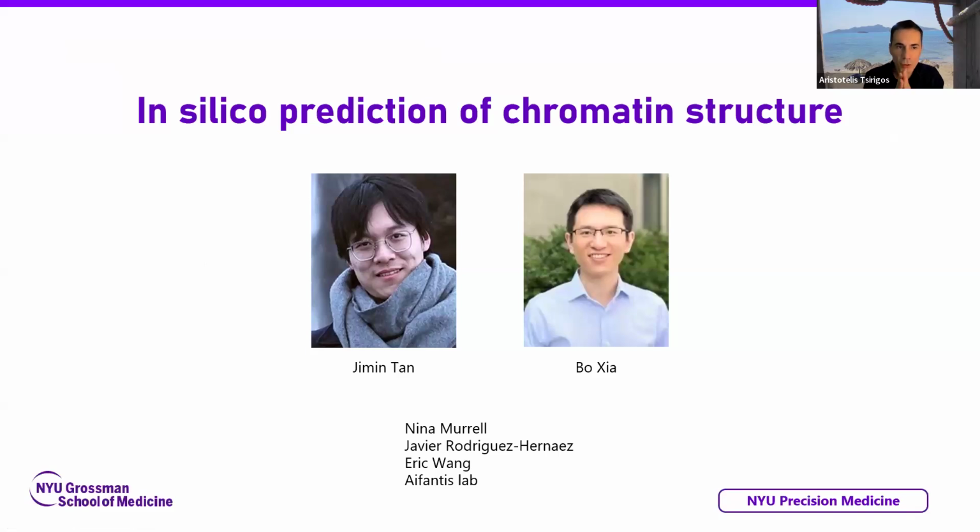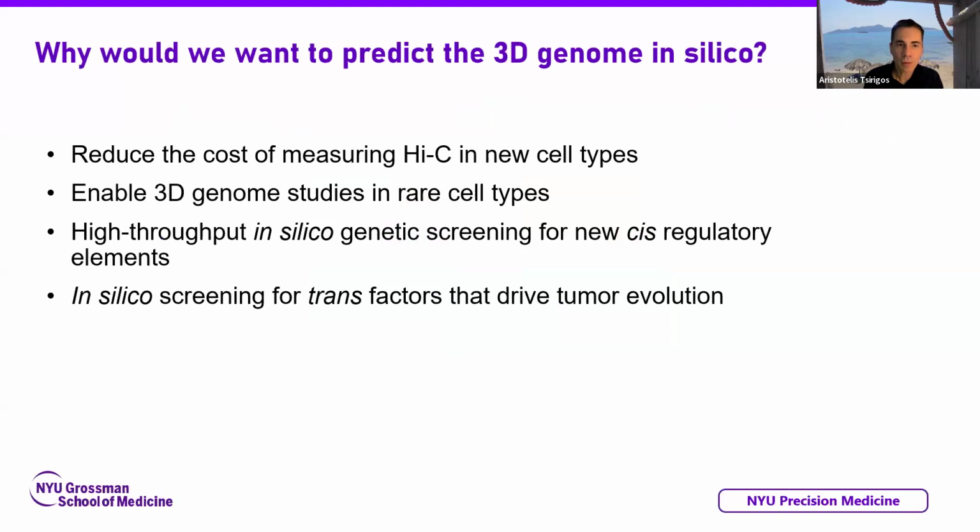Okay, now I'm going to move on to the in silico prediction of chromatin structure. So why would we want to do this? Perhaps during my presentation, I kind of revealed the reasons why we want to do this, because it's costly every time to do the Hi-C experiment. Not just the library preparation, but also sequencing has to be very deep to uncover these very specific chromatin interactions between promoters and enhancers. So one obvious motivation here is to reduce the cost of measuring chromatin interactions genome-wide, but